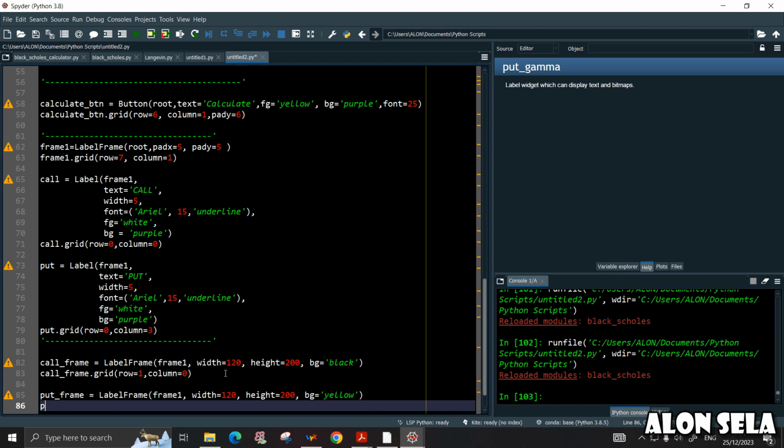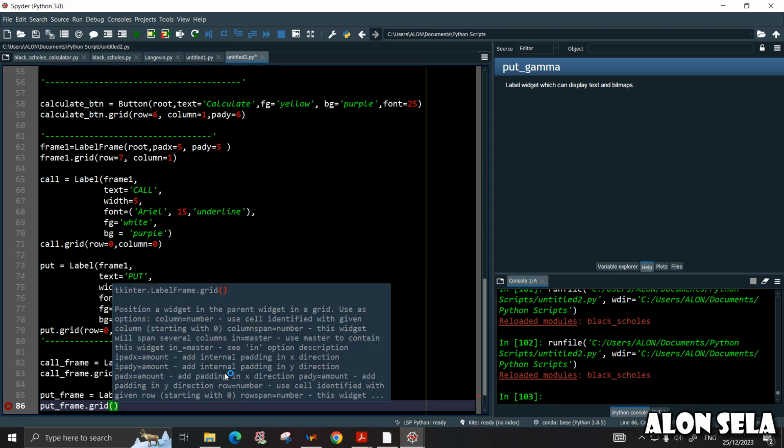So put frame dot grid, and now we want to place it in the first row, so row 1,